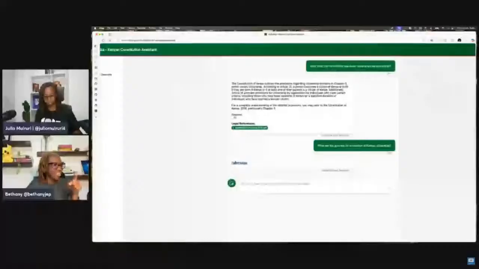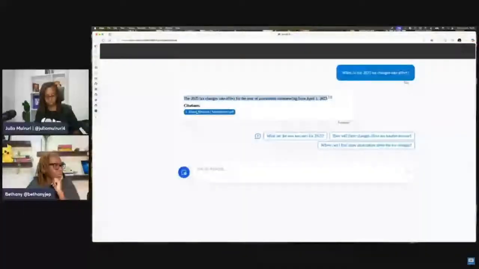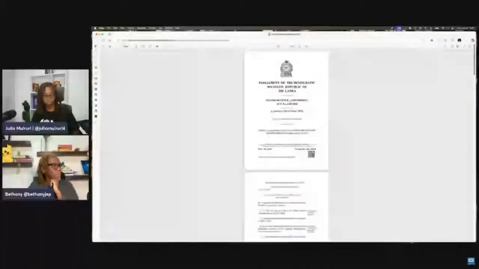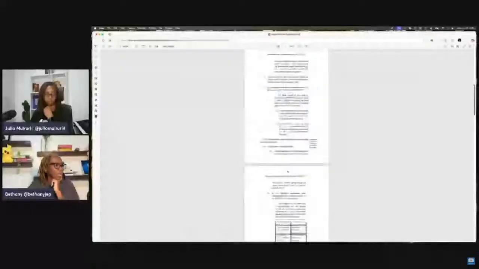And then let's go back to the last application that we saw. Yeah, it's telling us the tax changes in Sri Lanka start from April 1, 2025. And you can see it's giving us the citation as well, giving us all the information we need. So those are some of the projects that were built. Most of them are very UI-based. This is the Parliament of the Democratic Socialist Republic of Sri Lanka, and it shows us the tax amendment and when it was done, which is very interesting. You can get access to the PDF and everything. So those are some of the projects that were submitted.